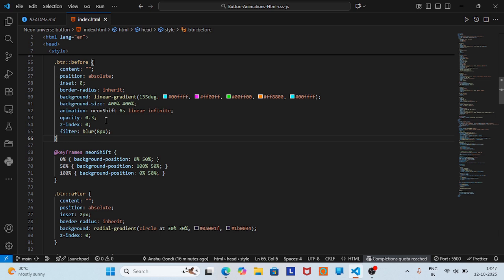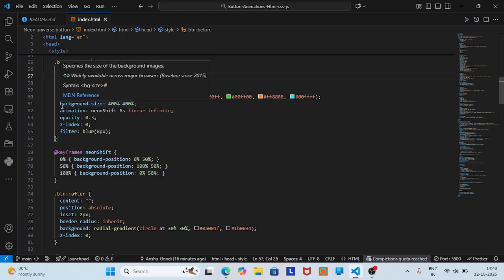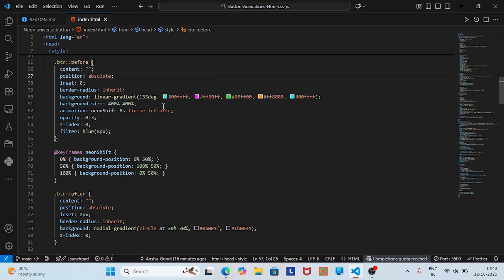which is the idle part, it will be taken as the normal way, so its content is empty, and then the position of them is absolute, and inset is 0, and then the border radius will be in it so that it goes internal, and then its own glowing animation, like you have seen the red, blue, basically colors, whatever color that you have seen before, will come through the linear gradient, and then as you can see the cyan, pink, green, orange, and again cyan color, and then its background size will increase by 400%